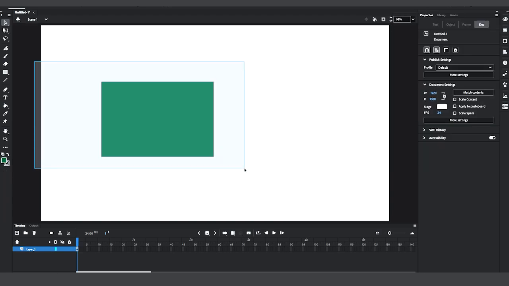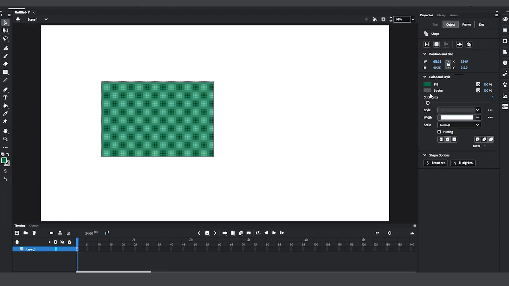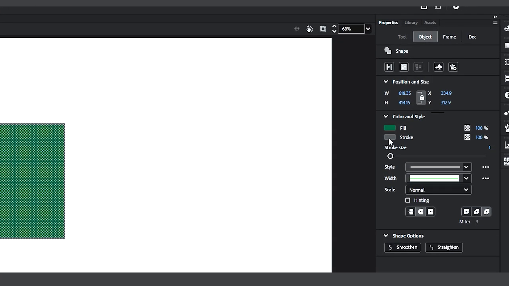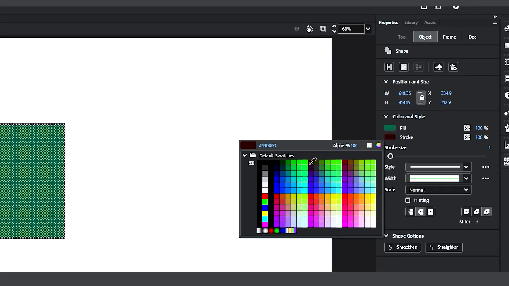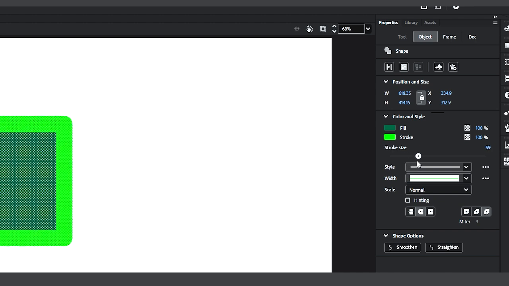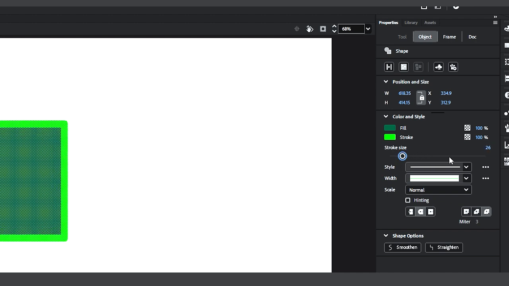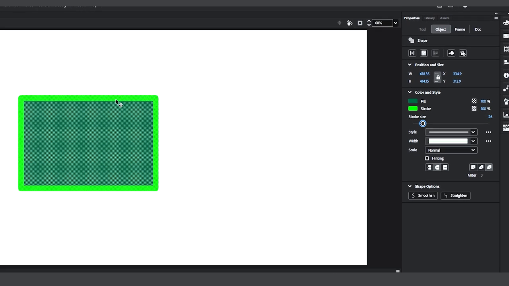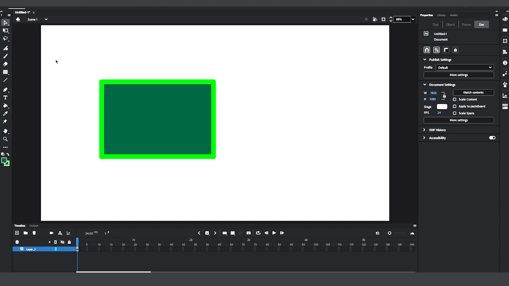If I select the shape I've created and I come to the properties, I can see that right now my stroke color is gray. I can actually change it if I want to, and I can change the stroke size by dragging this line. So what I want you to do for this first class is to get familiar with